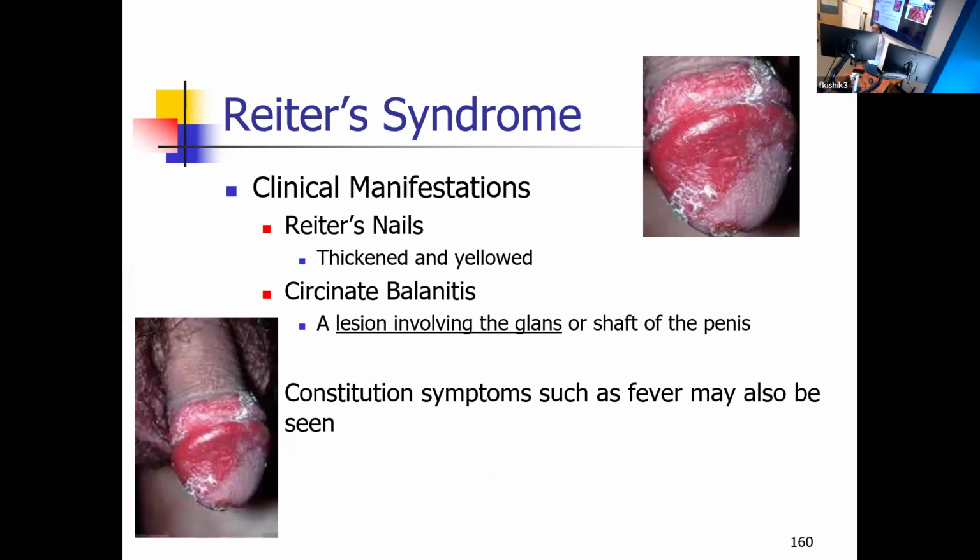If that's not enough, you ask the patient to drop their pants. If they're male, then you're looking for exactly this: lesions around the glans of the penis. Those will give it away. If that's not enough,